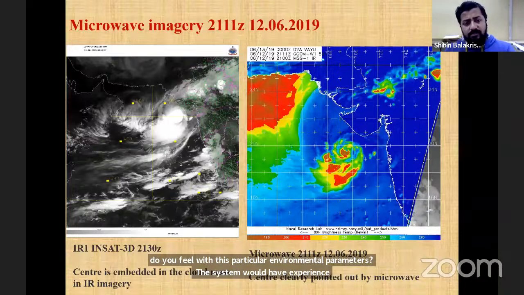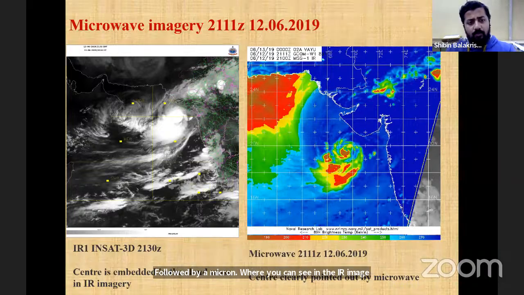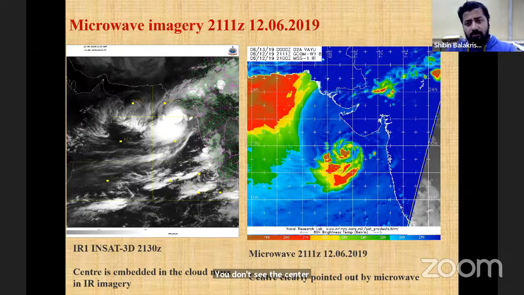This is a recent case study of 2019, where we have the INSAT 3D image followed by a microwave image. You can see in the IR image, which is again a nighttime, early morning image, that you don't see the center. The center is obscured in this IR imagery, whereas in the microwave information, you have the center clearly pointed out from this particular